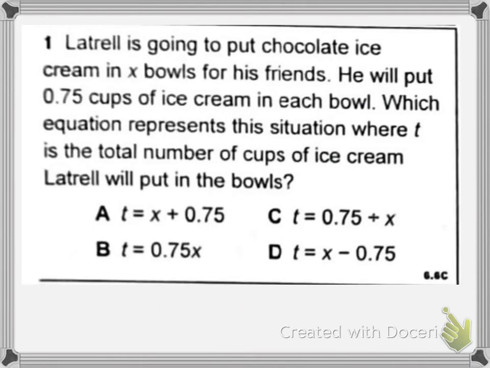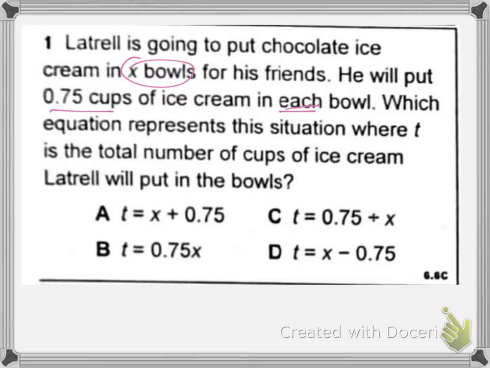Number 1 says Latrell is going to put chocolate ice cream in x bowls for his friends. So we have x bowls. He will put 0.75 cups of ice cream in each bowl. Which equation can be used to determine